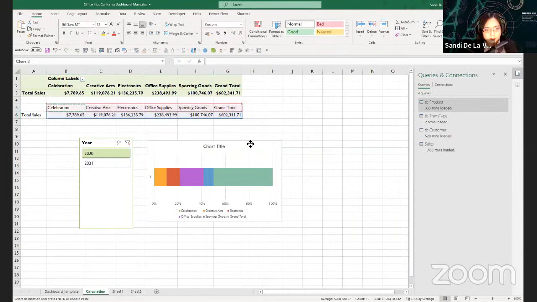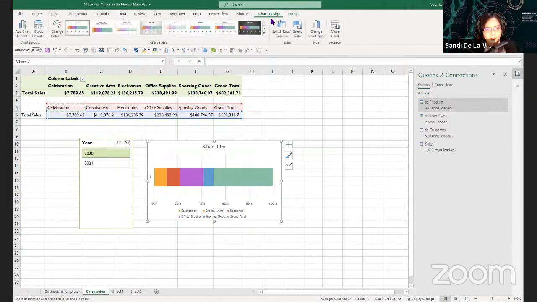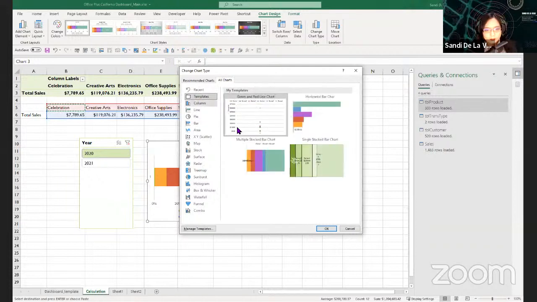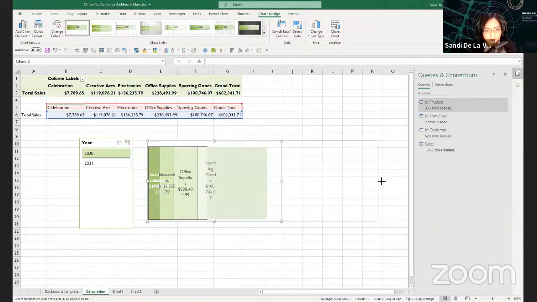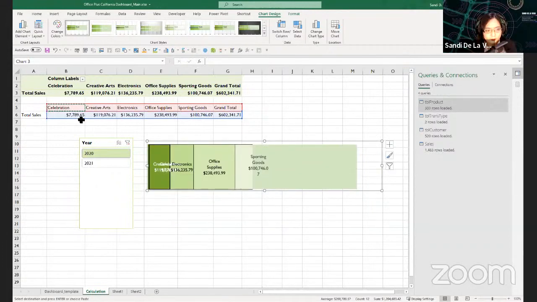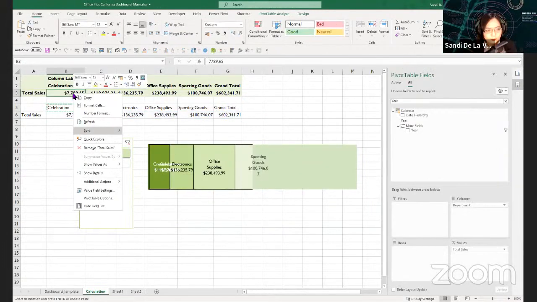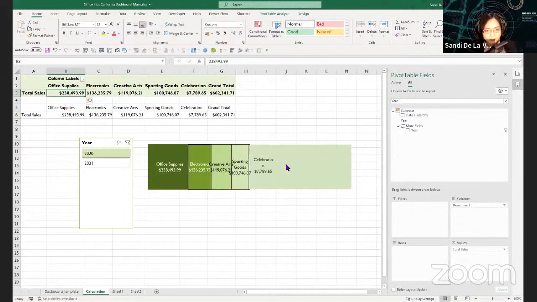And if you downloaded the charts or the template, you can change this chart type, manage template, then use this single stack bar chart so that it will automatically change the format based on what I have provided.